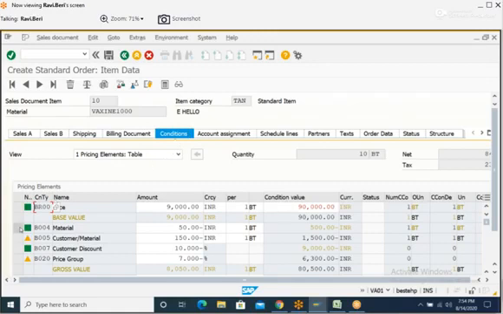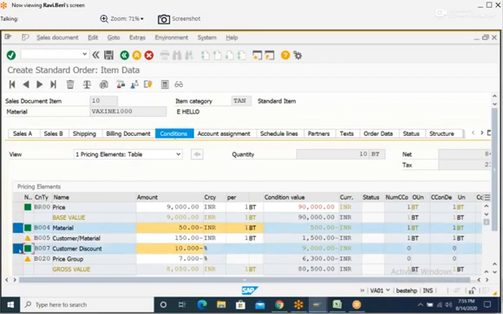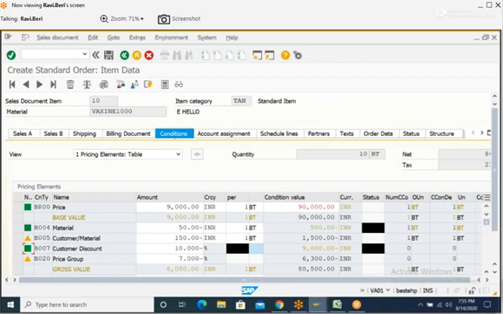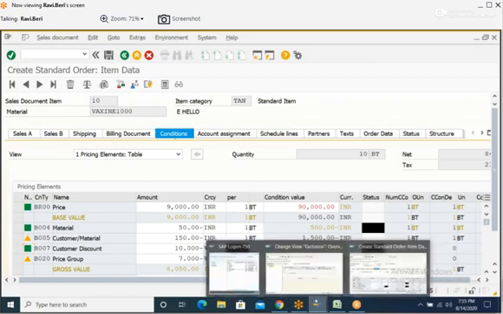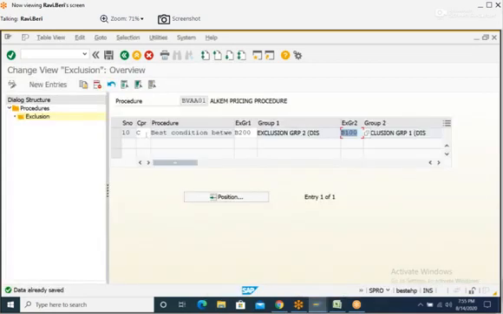See here, we have four conditions, but which one is active? B004, B007, which is the first group. That's it.